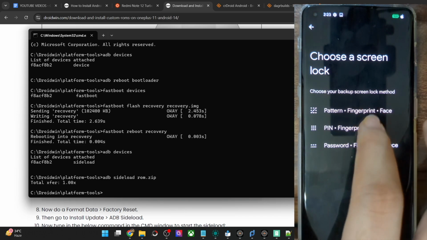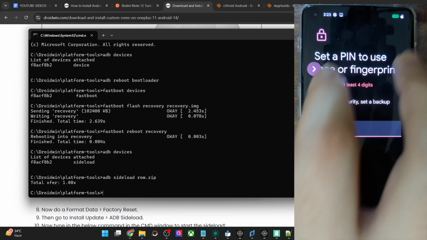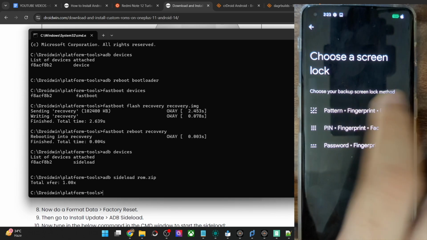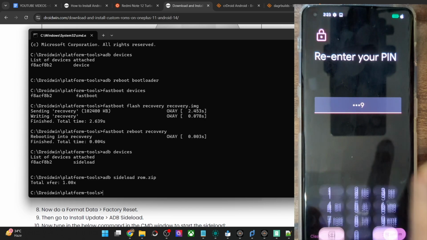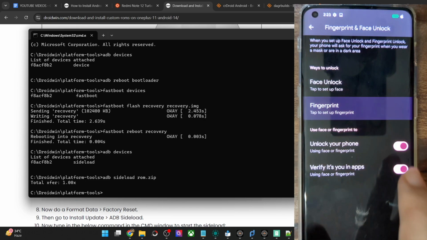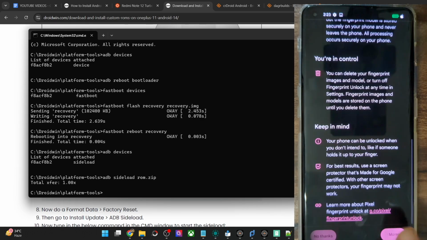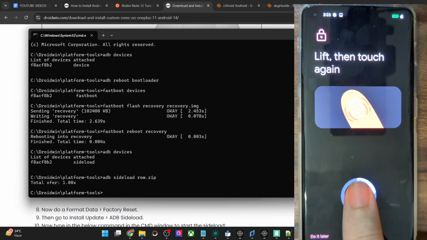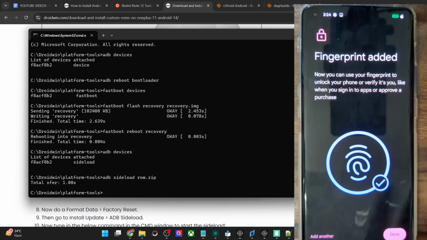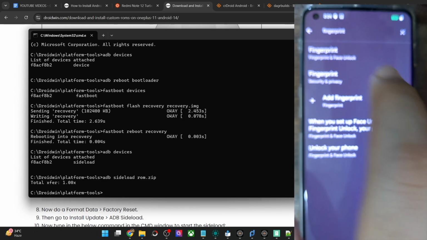Fingerprint. So let's fingerprint face. Let me see if I could simply add password. So the face is compulsory. Let me add a pin. Confirm, and let's just add a fingerprint. I agree, start, and it will just take a few seconds, so just stay with me and I'll quickly add it, and then we'll check out all the animations as well as the different UI styles of the fingerprint, and it's just about to be added, and that's done. So as of now, just one fingerprint should get the job done.